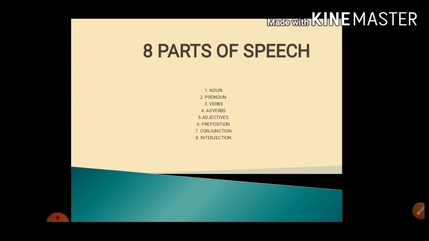The purpose of a part of speech is to denote functions of a word in a sentence regarding its meaning and grammar. It should be noted that depending on how a word is used, it can fall into more than one part of speech. So that's the reason why we need to study 8 parts of speech. So we will start with